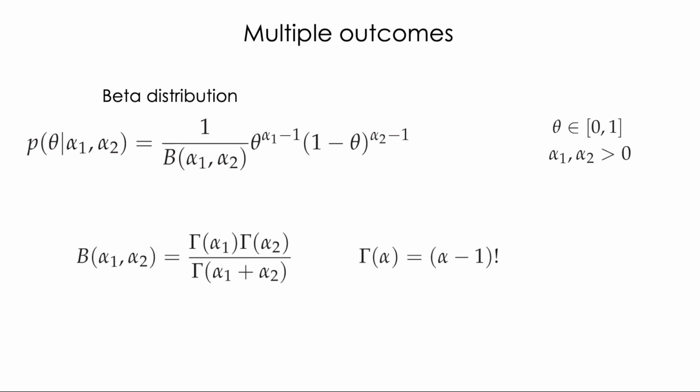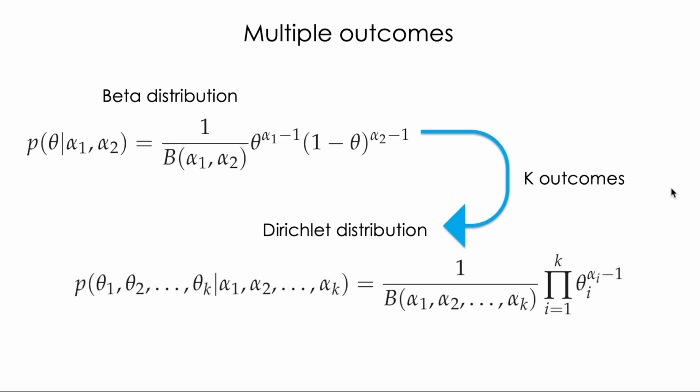And remember that the beta function was this division between the gamma functions, right? With this property for the alphas. Okay, fortunately, there is one distribution that is just an extension of the beta distribution to more outcomes. That distribution is called the Dirichlet distribution. It's exactly the same equation, but extended to k possible outcomes and k possible hyperparameters alpha instead of just 2